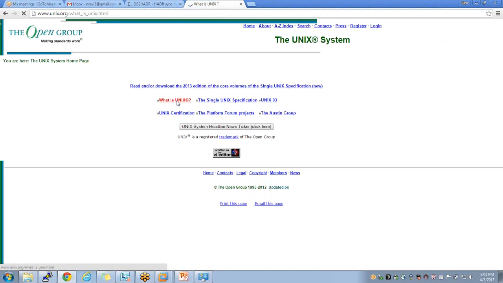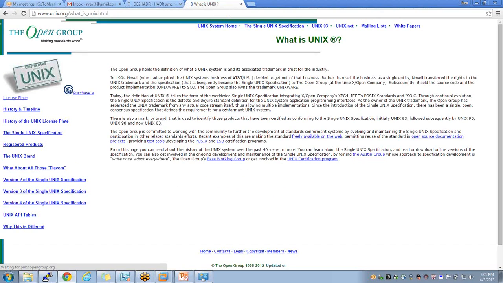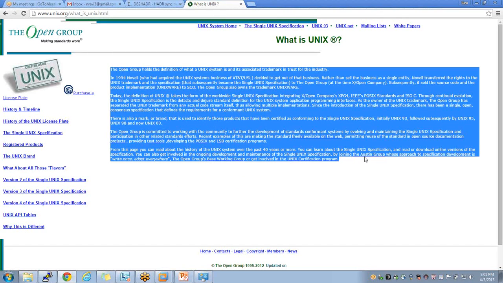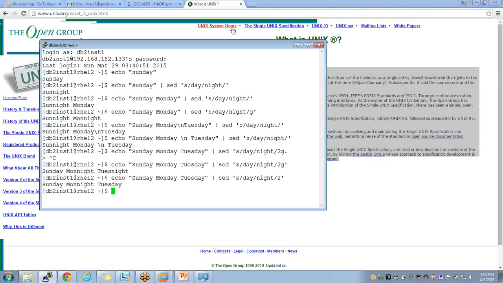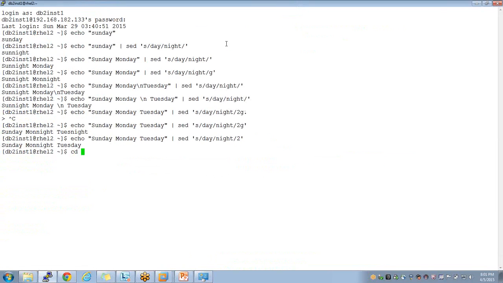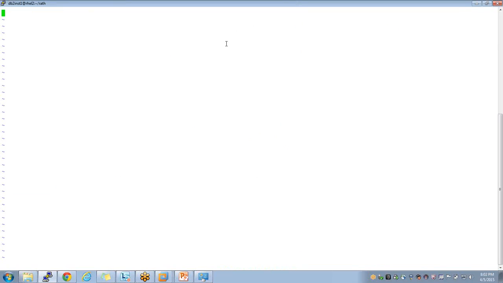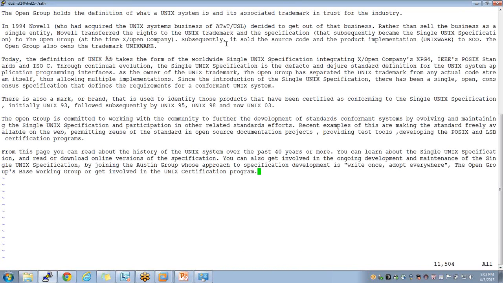If I go to this, what is Unix, and copy this and paste it here, just to get some data, that's it, nothing else. It has a bunch of places where the word Unix is there.